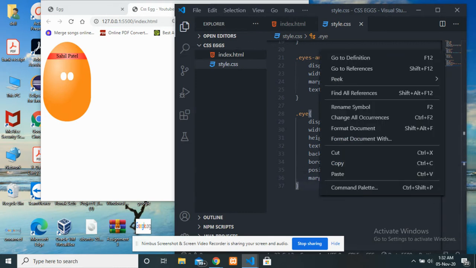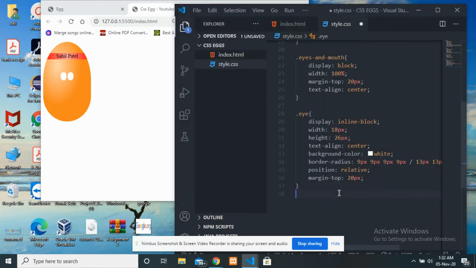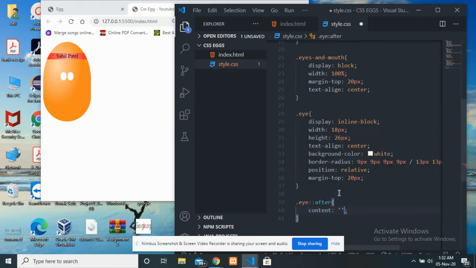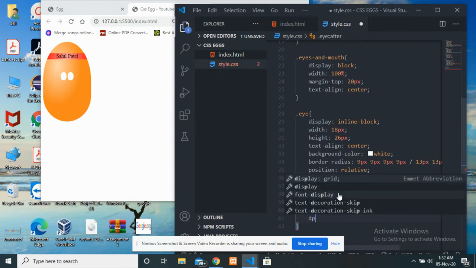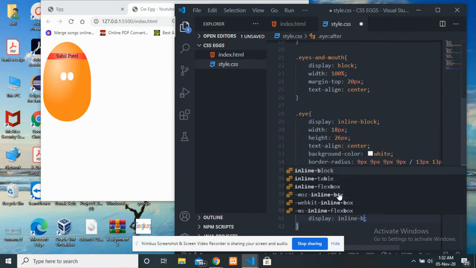So then I will create those black dots inside the eyes. For that purpose, I will use pseudo element called after, and then I will not write any content, so just gonna leave it empty. Then I will write a display inline block,